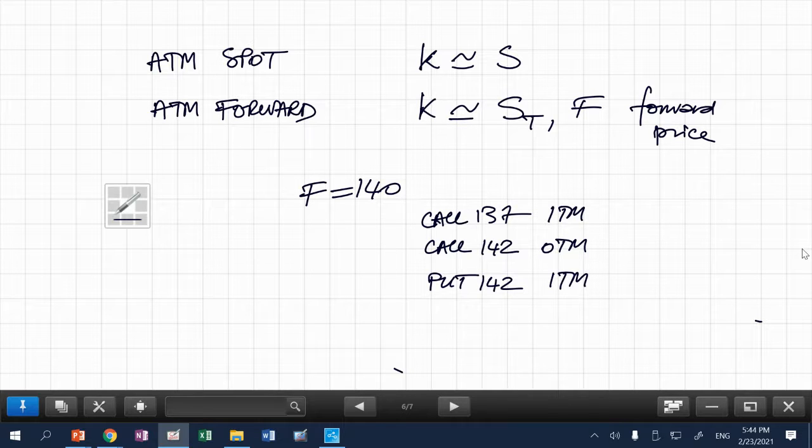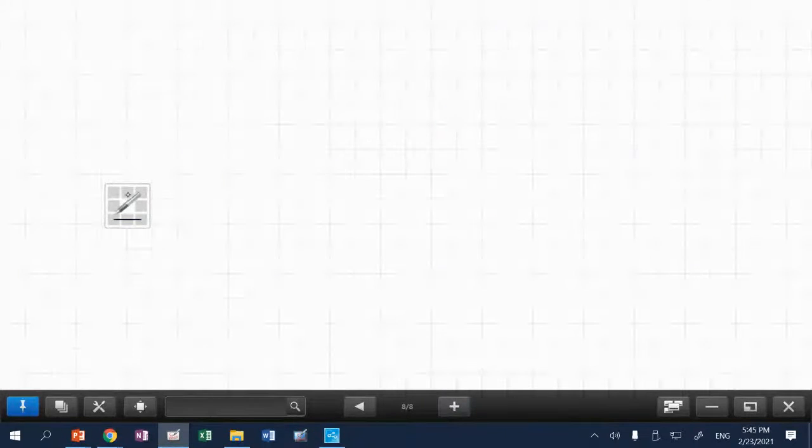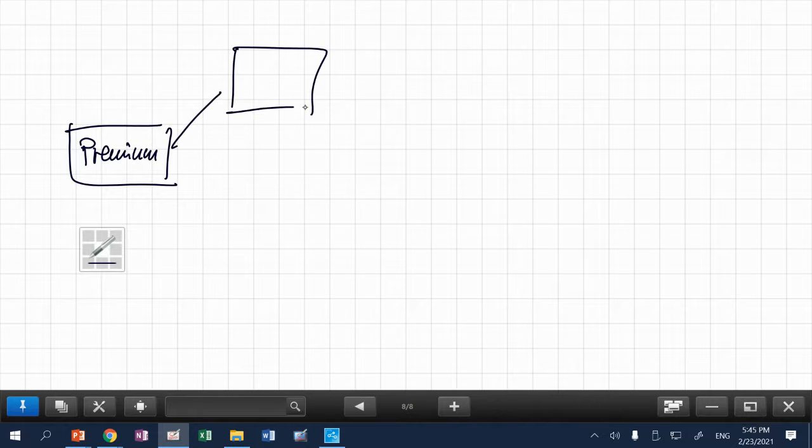So this modified version of intrinsic value plus time value. Why do we need to make this idea? Because it helps us understand which are the factors behind that, that then influence the option premium. So what I've said is the premium of the option is conceptually composed by my modified intrinsic value plus a time value component. But which are the risk factors that drive the option price up or down? Let me start from intrinsic value. In the case of the intrinsic value,